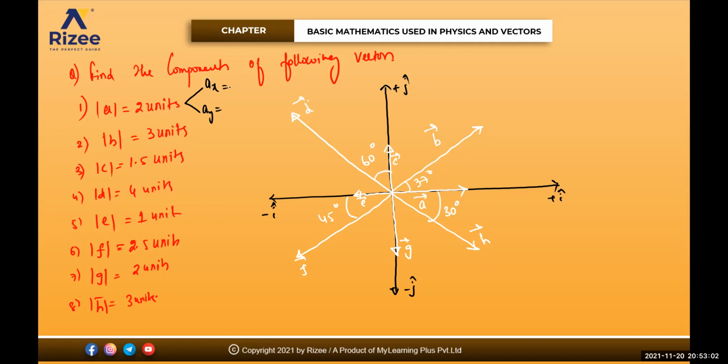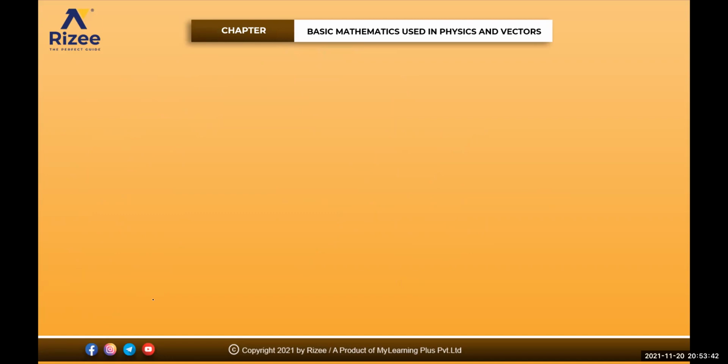A bar is not making any angle, it is going along x-axis. It is not making any angle with anything. B bar is making an angle 37 with x-axis. C bar is making an angle 90 degrees. D bar is making an angle of 60 with your y-axis. E bar is not making any angle, it is making 180 degrees with x-axis. F bar is making an angle of 45 degrees with your minus x-axis. G bar is making an angle of 270 degrees with x-axis. H bar is making an angle of 30 degrees with your positive x-axis. Isn't it? Is H bar making any angle, beta? No, no. Let me talk about the first one.